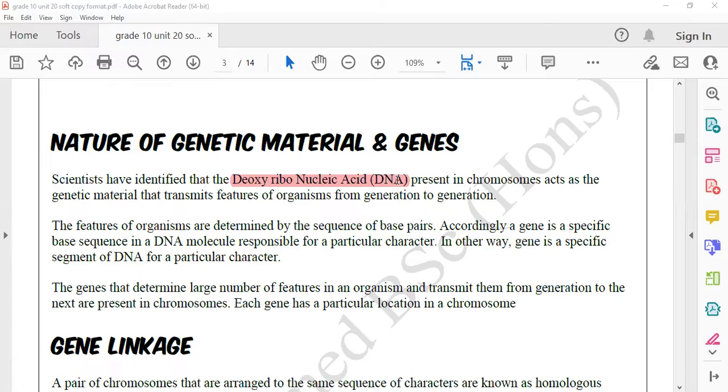Okay. Now, what is the genetic material of a human being or any organism? What is the genetic material? DNA. Okay. In all organisms, my children,